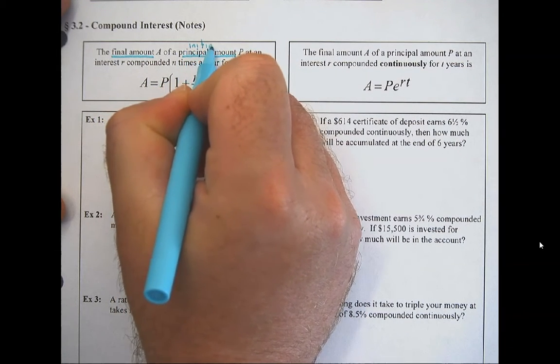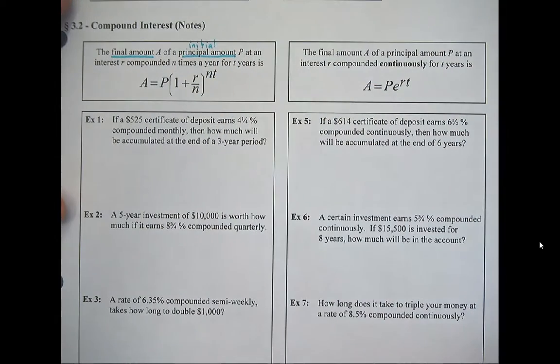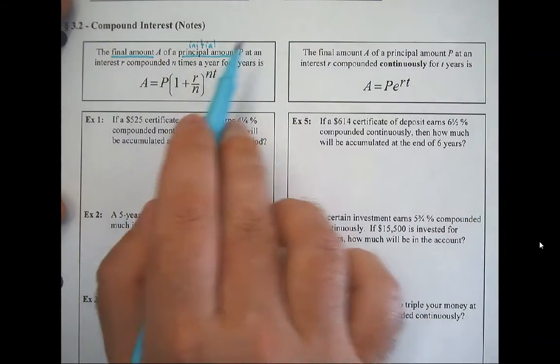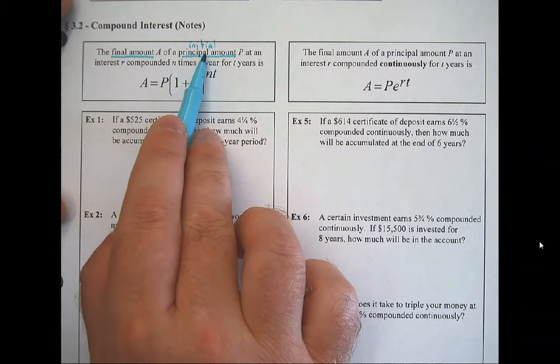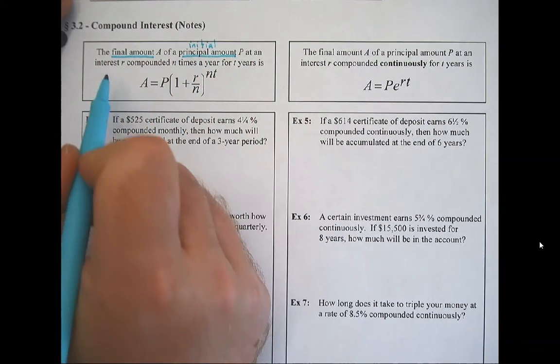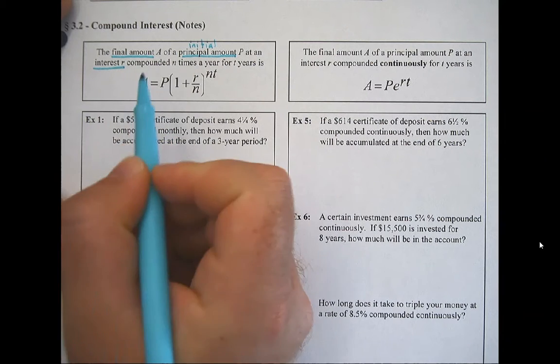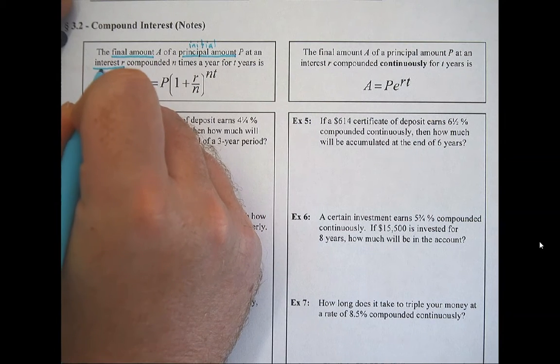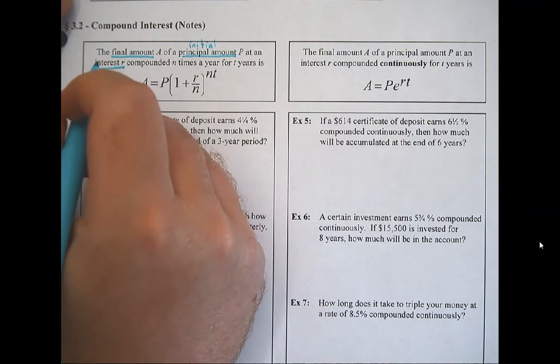You might prefer the word initial here. Initial amount, principal amount, beginning amount, all those mean the same thing. Now your final amount is dependent on how much you put in at the beginning and how much interest it earns. Now a reminder on how interest is calculated mathematically. We always make